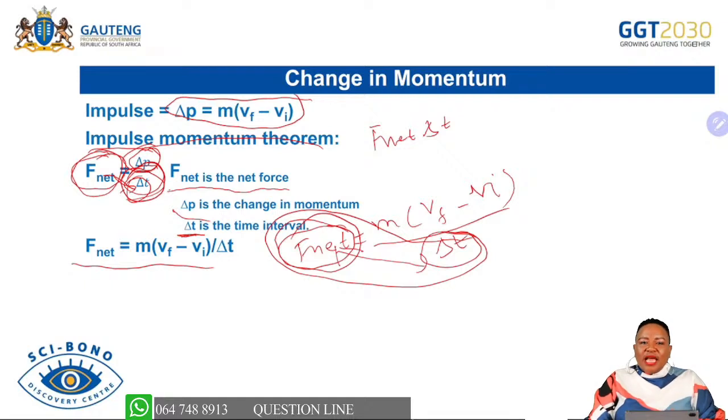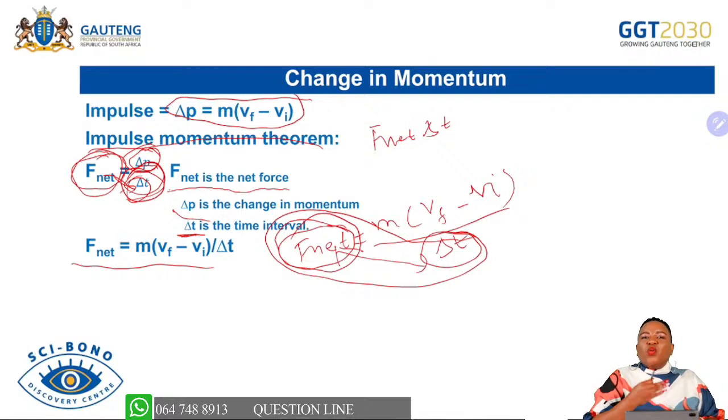That is why I'm saying there are always reasons why some of the principles are learned in physical sciences. Also, look at the car features. Our cars have safety features that assist in reducing injuries. We are not saying they will stop injuries, but they will reduce them. So we have things like airbags in our cars. We know how dangerous it can be when you hit the windscreen as compared to when you hit the airbag.